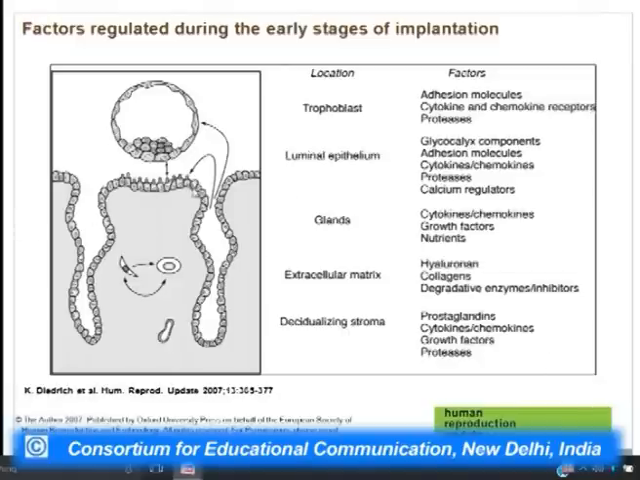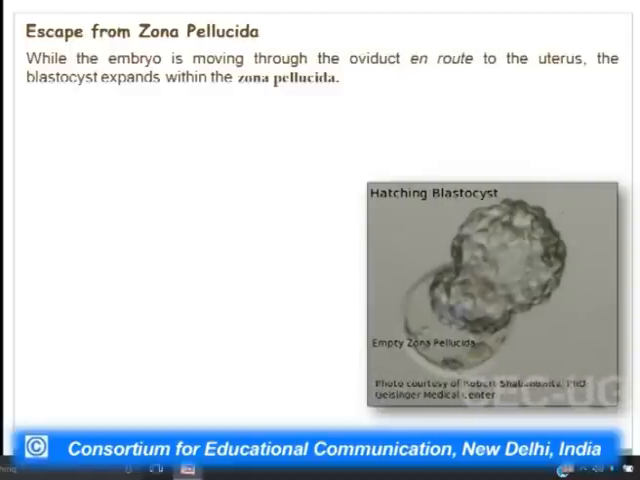So, all the changes in the endometrial wall that lead to the conducive environment for implantation, these are the factors that play a role in successful implantation or early stages of implantation. So, when the blastocyst is traveling down the fallopian tube, it is encased inside the outer layer which is called the zona pellucida. Now, it has to escape from the zona pellucida to be ready to be implanted in the uterus. So, while the embryo is moving through the oviduct en route to the uterus, the blastocyst expands within